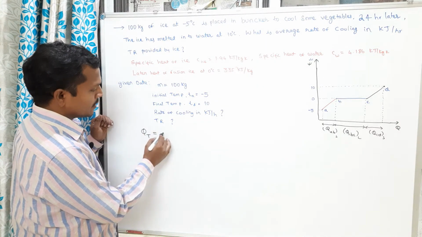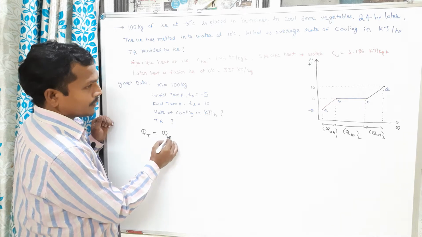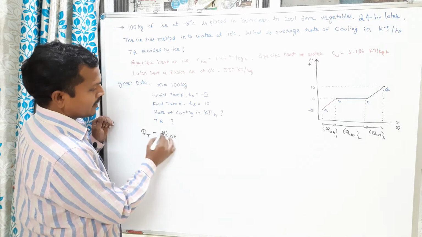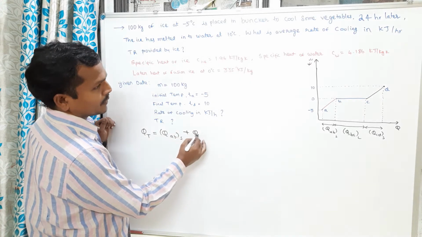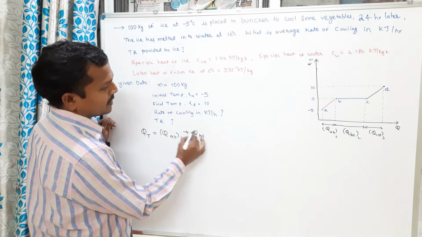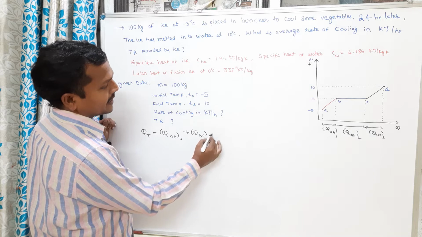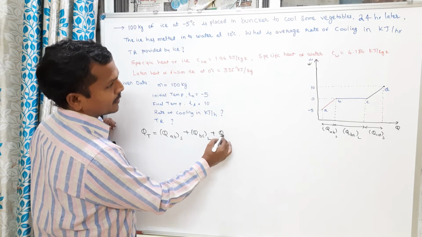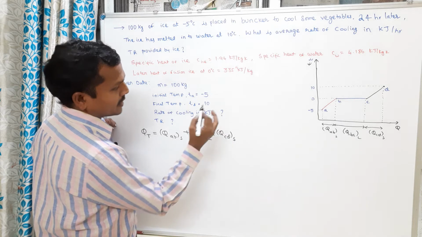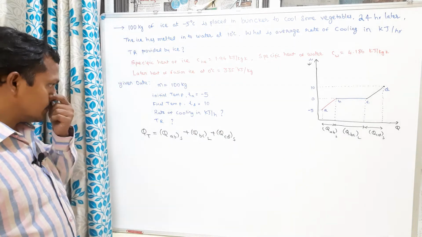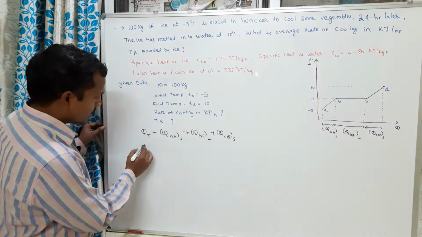So the total heat is equal to QAB, sensible heat, plus QBC, latent heat, plus QCD, sensible heat. So the total Q is equal to